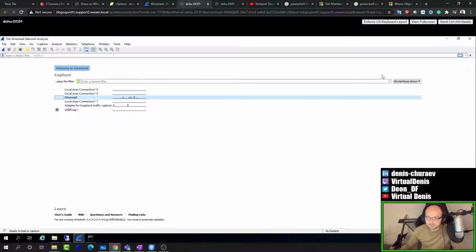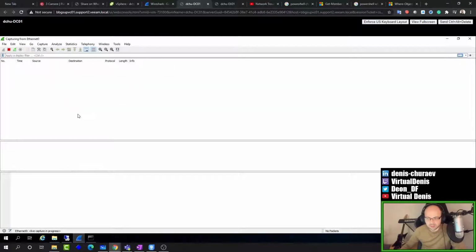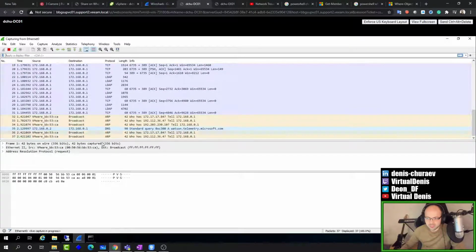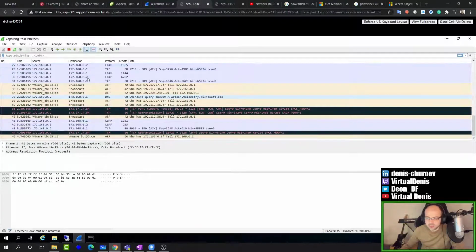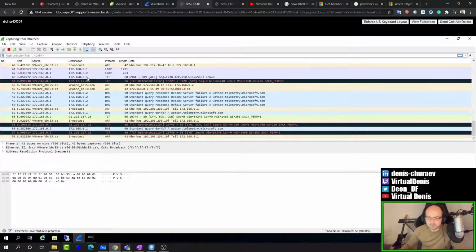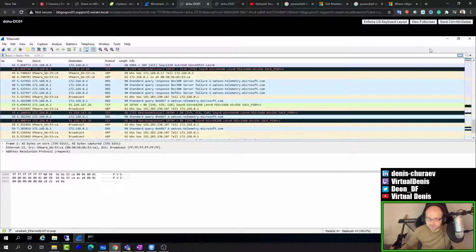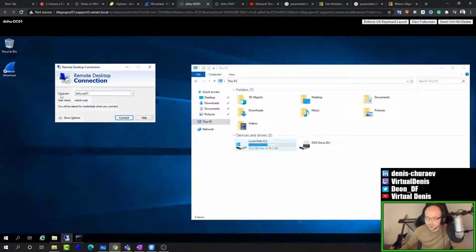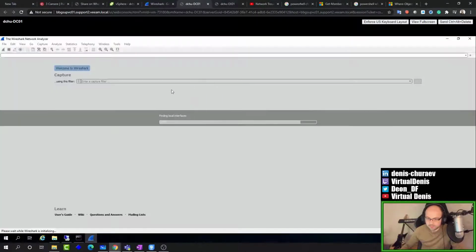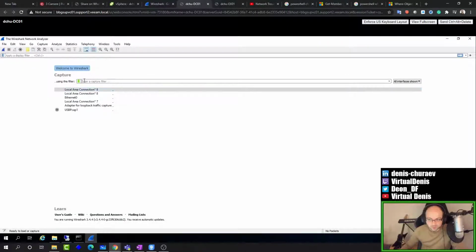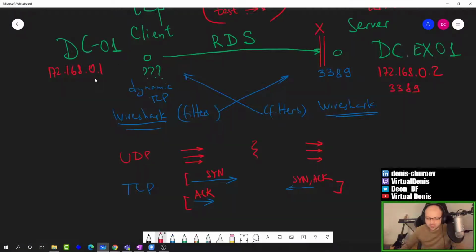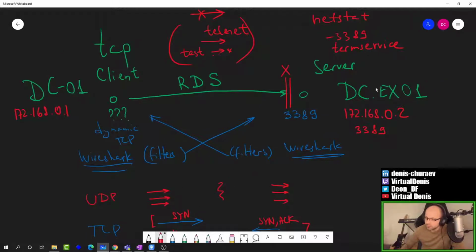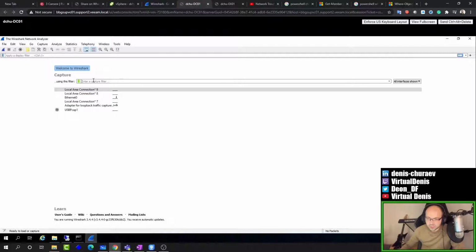If I start capturing now, it's going to capture everything. It's going to look like this, and I will be unable to make anything useful out of all of this. So let's stop it. The way you would like to go about it is the following. You would want to specify a set of rules which define what you capture. We know that in our case, we are going to work with the computer 172.168.0.2. So we want to have host